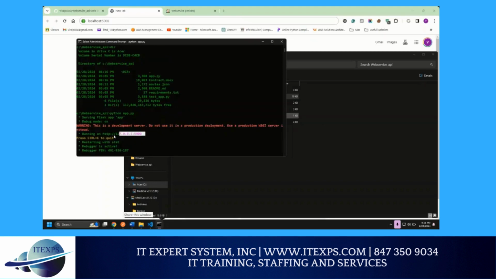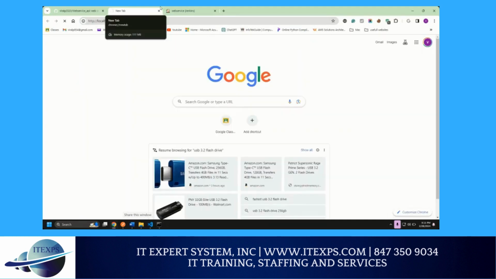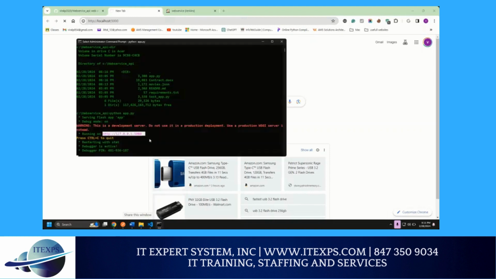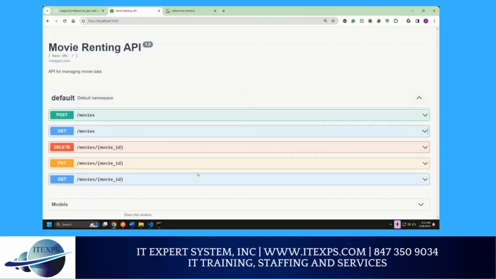So now it's running on my local machine on port number 5000, which is right here. If I press enter, it will not work because you lock yourself. Enter. One more enter. One more enter. Yeah, there we go. I forget all the time. Okay, so this is the Swagger page where you can see we have the post method, get movie by ID,